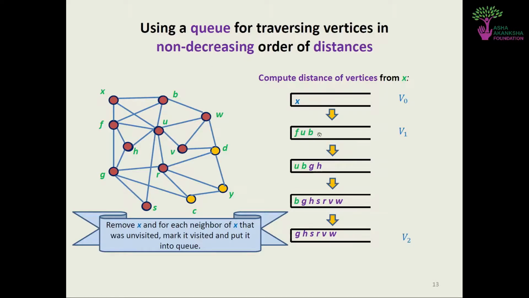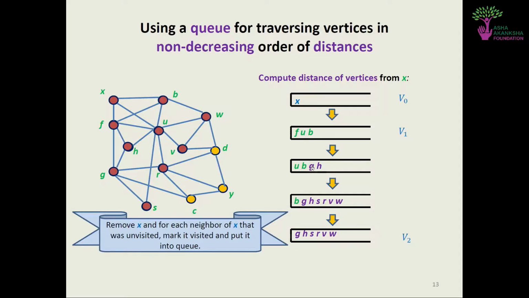Then we will visit the queue. Since this is a queue, the order will be first in, first out. Since f is the first in to the queue, f will leave the queue first. So we'll remove f, and u and b will still remain in the queue. Then we look at the neighbors of f. The neighbors of f are x, b, u, h, and g, as discussed earlier. In these examples, h and g have distances assigned as infinity, so we can add g and h to our queue.